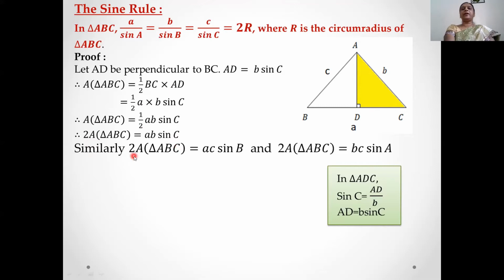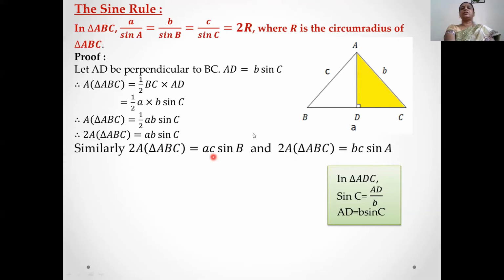Similarly, you can find that 2 times area of triangle ABC is equal to ac sin B and 2 times area of triangle ABC is equal to bc sin A. How will we find this? To find 2 times area of triangle ABC is equal to ac sin B,